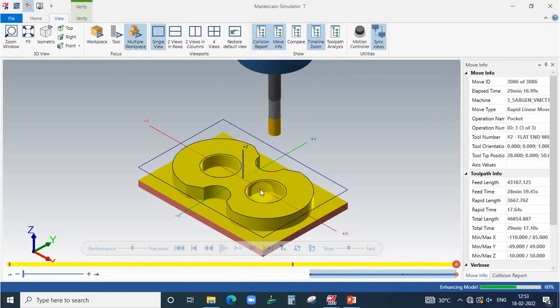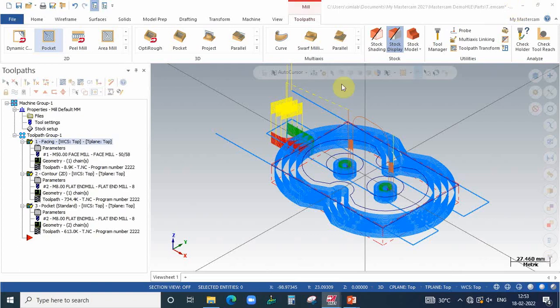So this is the way to draw the profile. This is the way to apply parameters. This is the way to do simulation. And then finally we are going to generate the NC codings. How to generate? Say go to G1 option. If we select G1,